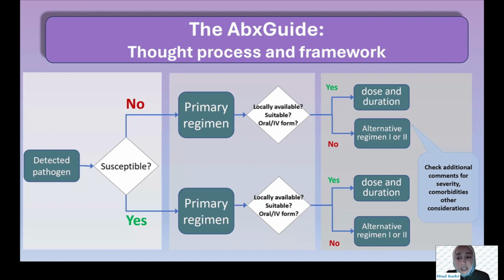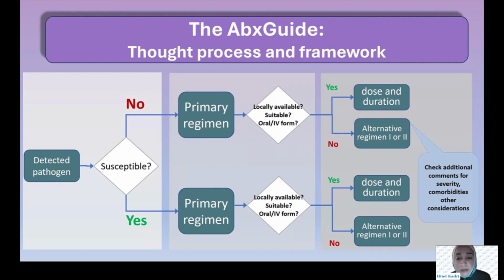Okay, so this is a general example on how we thought when we developed these guidelines. This is the thought process. Because they were pathogen directed, we started out with the common and uncommon pathogens for each chapter, and we moved according to susceptibility patterns. We proposed primary regimens, and then we discussed, is this locally available? Is this suitable for low resource settings? Should this be given in an oral or an IV format? And then we